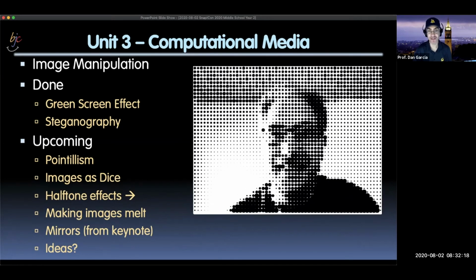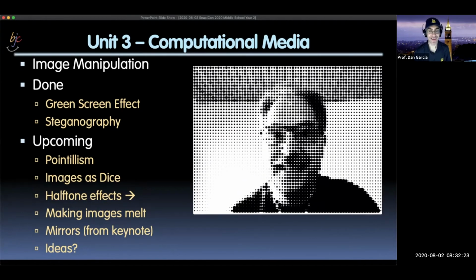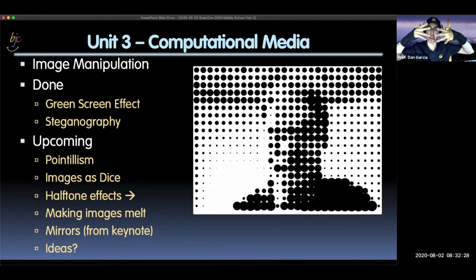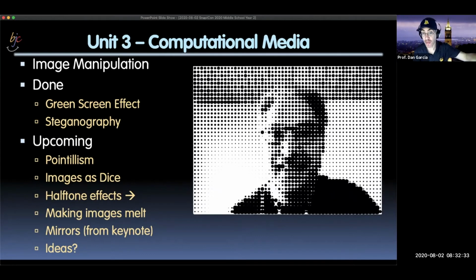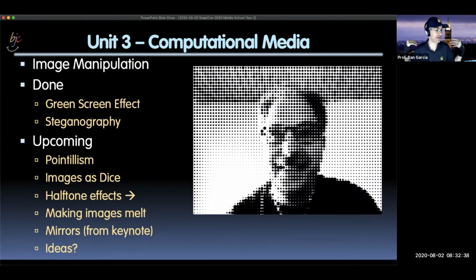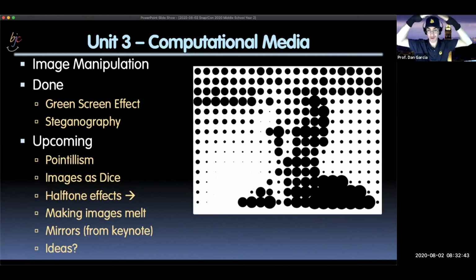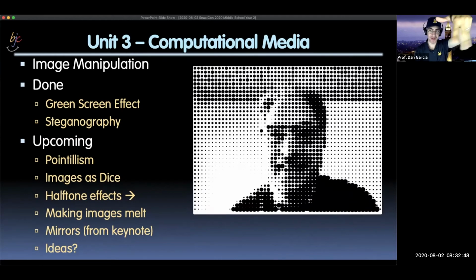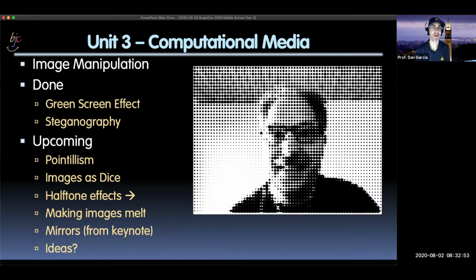Some half-tone effects. This is just recent. Jens shared this. I'm going to bring that into my course. Whatever a great idea, insert your great idea here. Let's make images melt. Here's an image, and then blah, blah, blah, it melts. Maybe it gets snowed on. Maybe here's a picture of me, and maybe I use the green screen effect to remove everything but the face, or my body. Everything behind me is green screen, as you see in this Zoom call. And maybe snow starts to fall and lands on parts of the image that's only my head. That would be really neat to do. Jens showed this delightful mirror example. And other ideas, insert your ideas here. I'd love to see some of that.